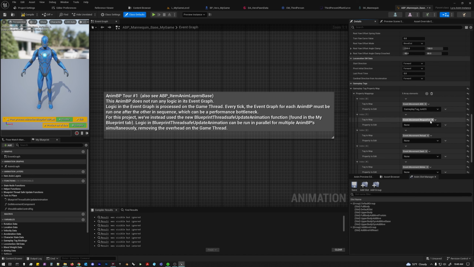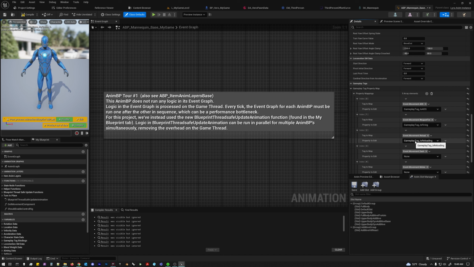Weapon fire wants is firing, reload wants is reloading, right? So when the gameplay tag is reloading is set, then event movement reload is flagged or activated,